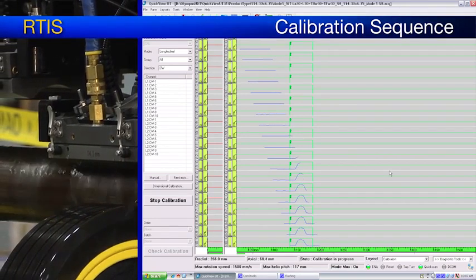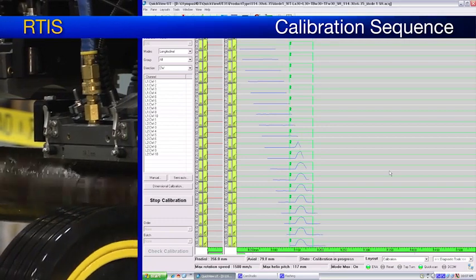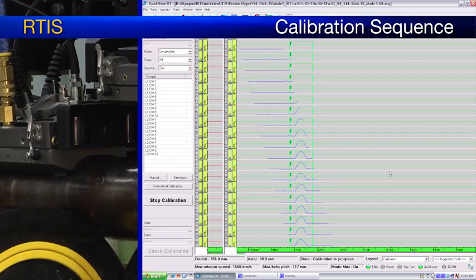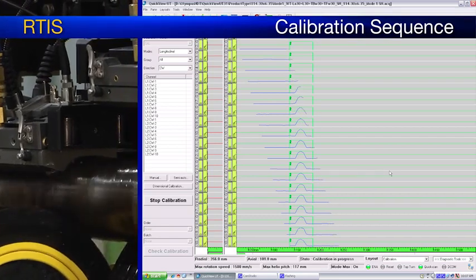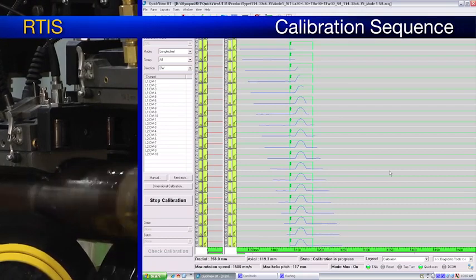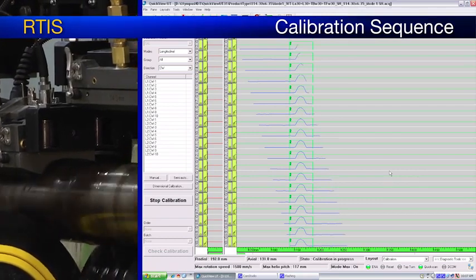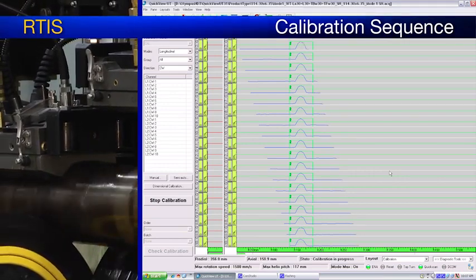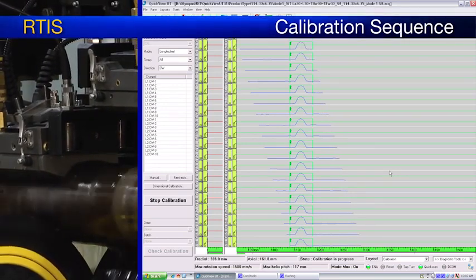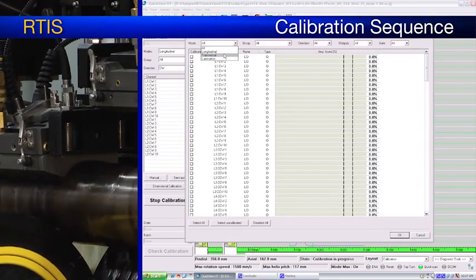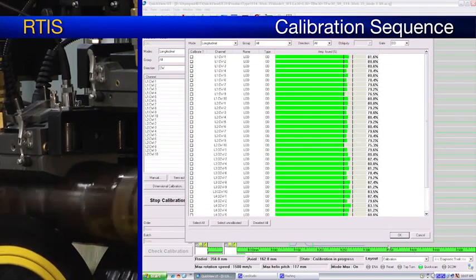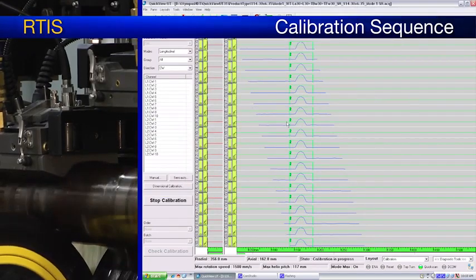The system will then do a second pass to validate that the calibration that was applied after the first one is correct. So the calibration is now finished for the longitudinal defect.